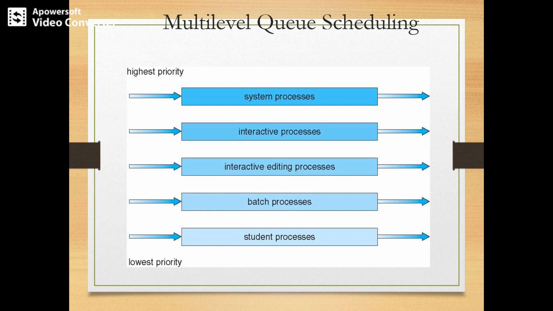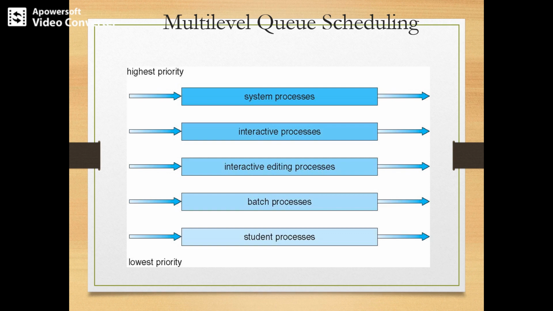In order to keep the response time minimum for the user, the interactive jobs are scheduled before the batch jobs. That's why we see here the interactive jobs before the batch jobs. The ready queue is partitioned into two separate queues, interactive, which is the foreground, and batch jobs, which are the background jobs. Once a job is assigned to a queue, it remains in that queue and jobs never change queues. Batch jobs are put in one queue called the background queue, while the interactive jobs are put in the foreground queue.